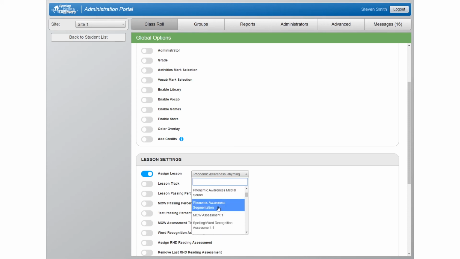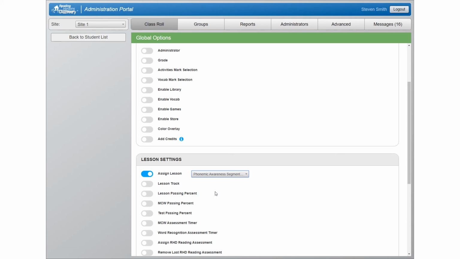When assign lesson is used, the selected students will be forced to take the indicated item next, and upon completion of that item, they will each return to the item they were on prior to the change. So no lessons are overridden when this feature is used. But use assign lesson with caution.